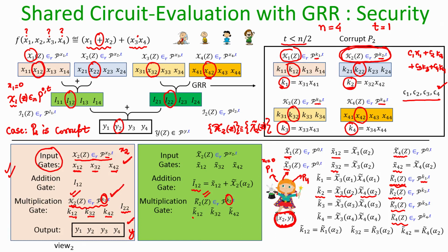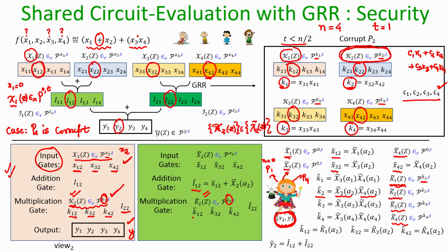Okay. So, till now what the simulator has basically done is it knows the input of the bad guy and the function output, and fixing that, it is just making the assumption that the inputs of the other honest parties are 0 and executing their steps as per the shared circuit evaluation and reproducing all the information that they would have communicated and computed. Until now we have seen that component wise the probability distribution of view 2 is identical to whatever the simulator has reproduced.